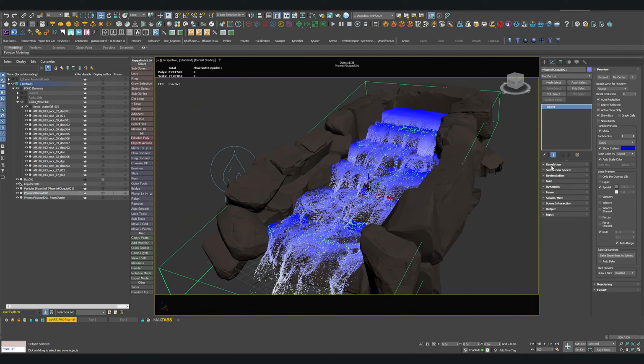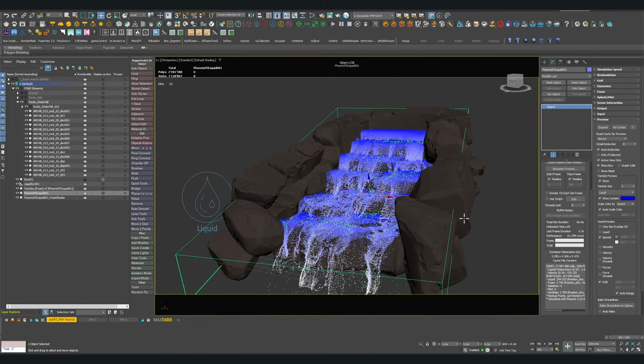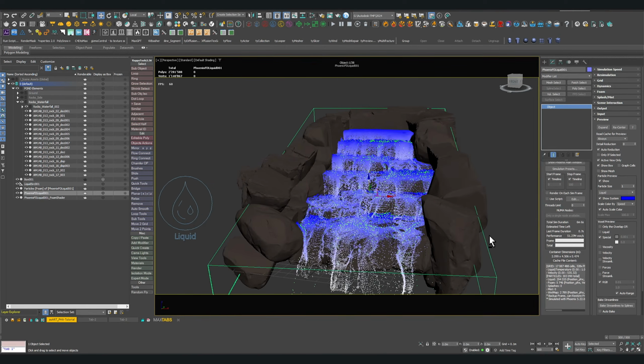And under the simulation rollout, you can scroll down here, then it shows you how many particles actually we have for our foam. So our liquid simulation is using 294,000 particles, and foam is about 5,700, so about 6,000 foam particles,